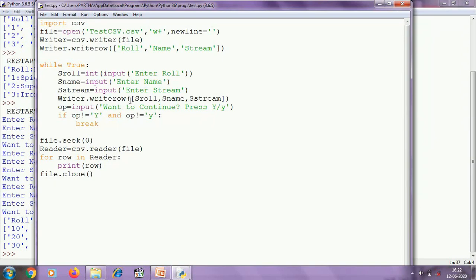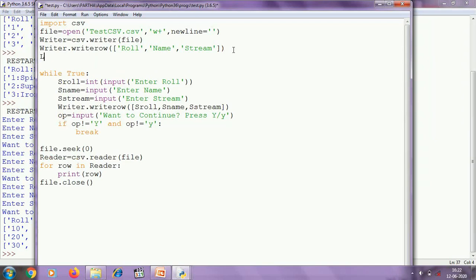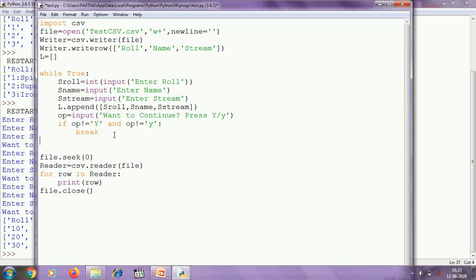Instead of the writerow method, we can use the writerows method also. For that I need an empty list, and here I need to append a list containing role, name, stream, and finally after the execution of the loop we can write using the writerows method.